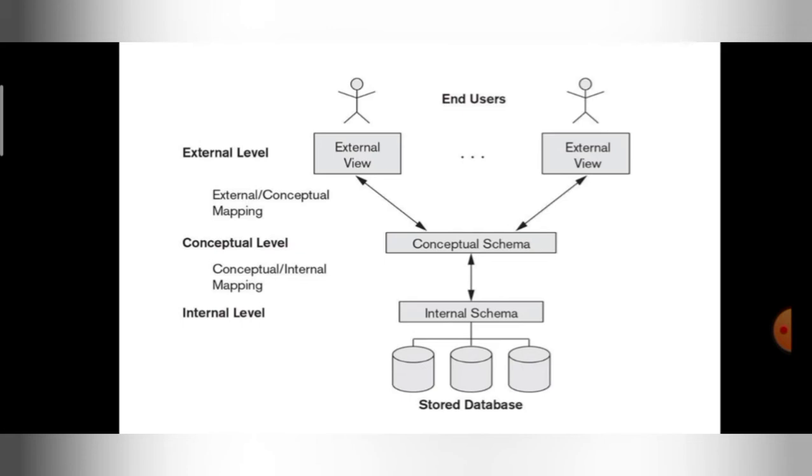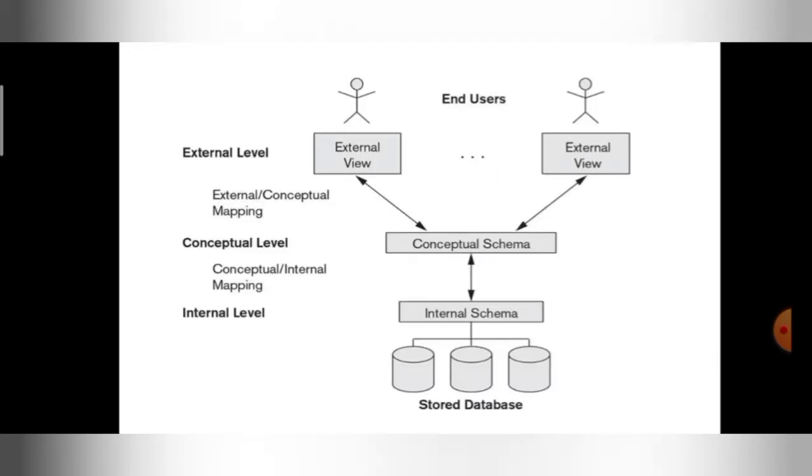Not only that, if you want to search something, you need a path, an access path, you need indexes. Those indexing details will also be there in the internal schema. Indexing is like addressing: for each data item you store, there will be an address. So indexing details and the way of storing the data will all be in the internal schema. In Google, you are not seeing these internal schema details. They are hidden from you; the storage details are in the background. That is the task of the internal schema. Hope you are understanding, guys.